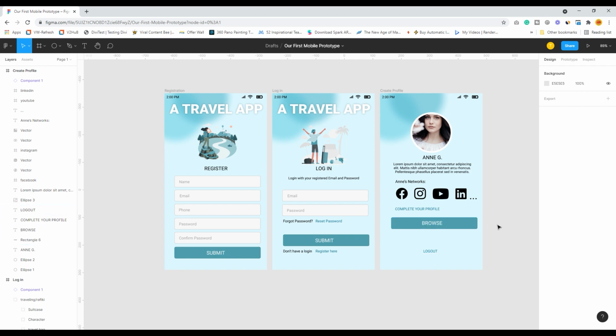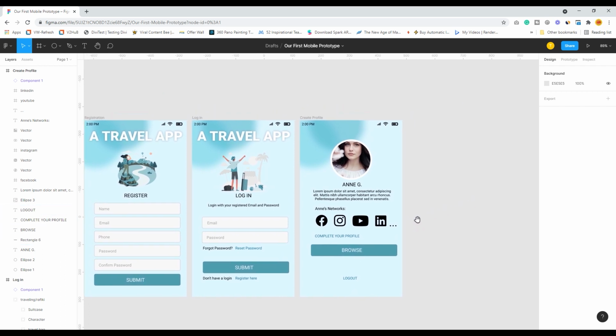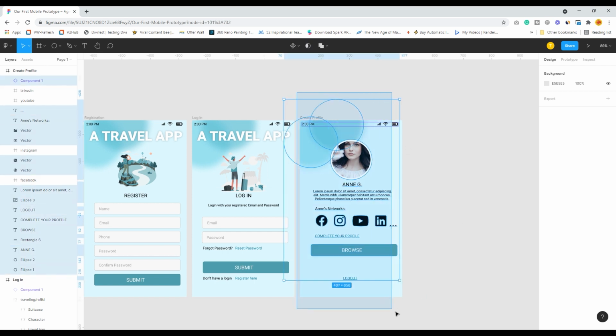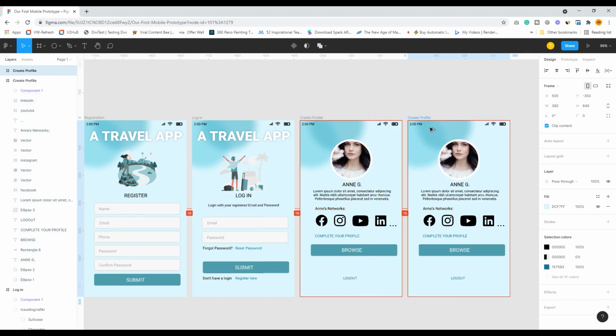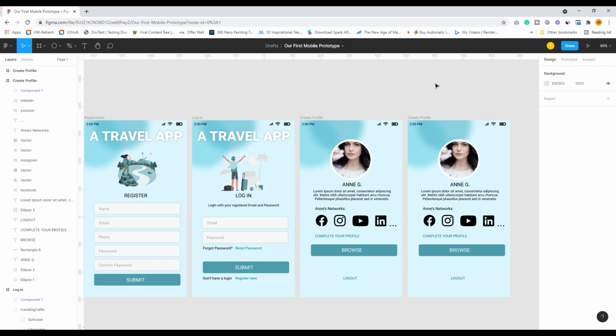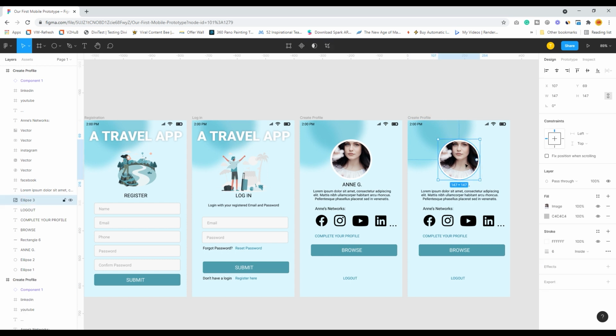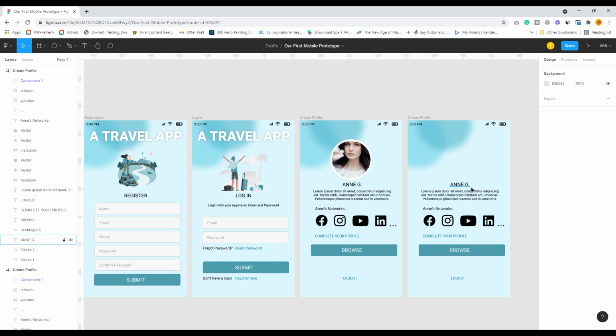If you also want to create the inside of this particular app, we can do that. We will again select this create profile, alt shift, and we will create a new one. Okay, lovely. So currently I don't require all these things.